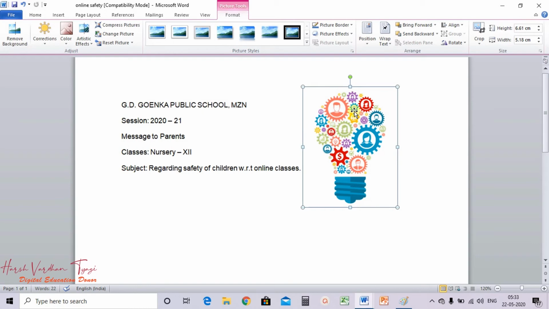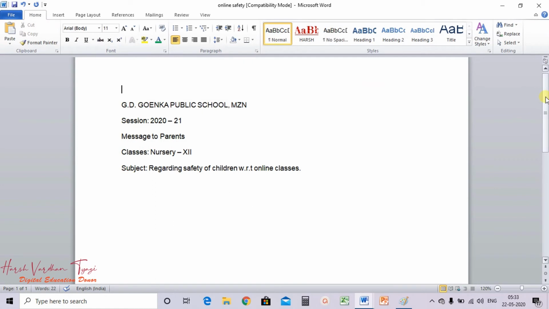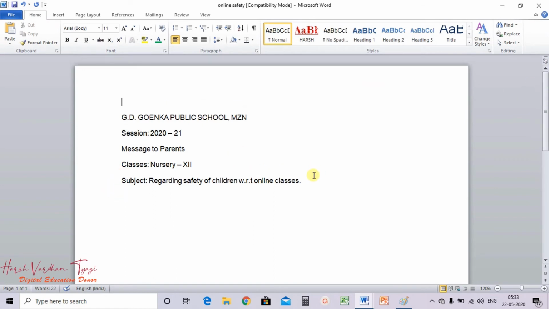Now the next thing is inserting objects. Inserting object means that you can insert any file of any kind. Suppose you have a file of MS Word, MS Excel, PowerPoint, PDF, any file, and you want to embed that file in your Word document. Embedded means that it will just be there in your document, displayed as an icon, and then you can use it. So how can you insert an object in Microsoft Word?